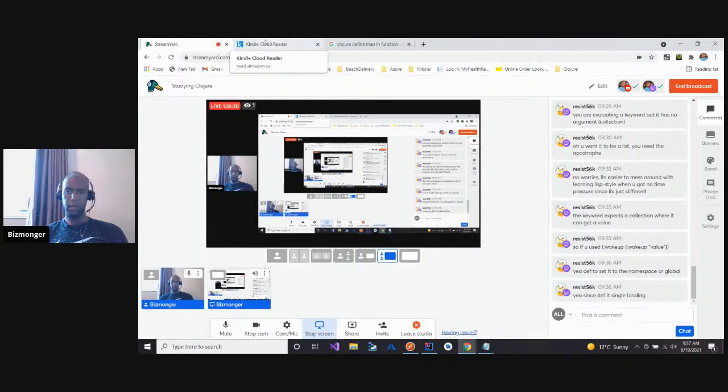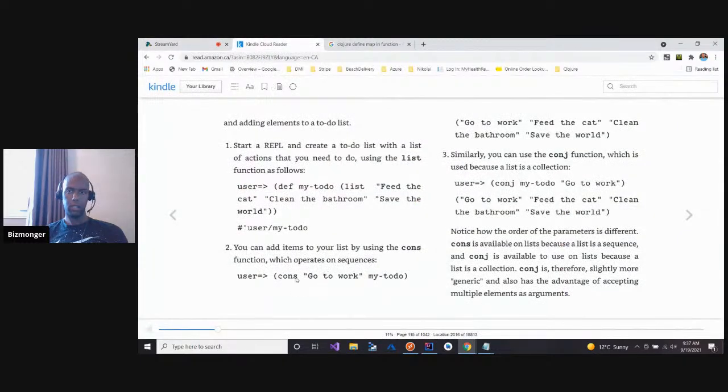So yeah, since stuff is single binding, cons. Yeah, so conj is what they were saying earlier; I thought it was a set. I'd rather use that. No, but it has the reverse order compared to cons. Okay.